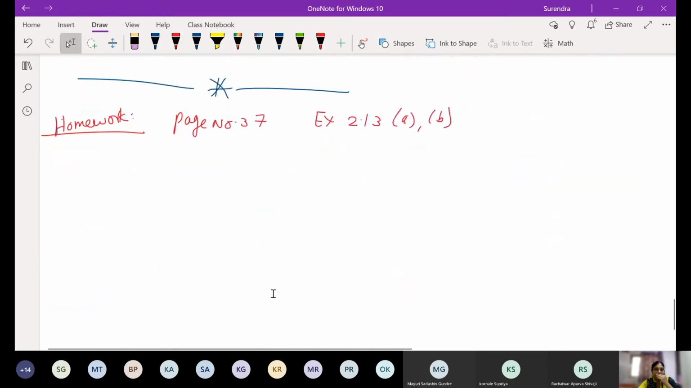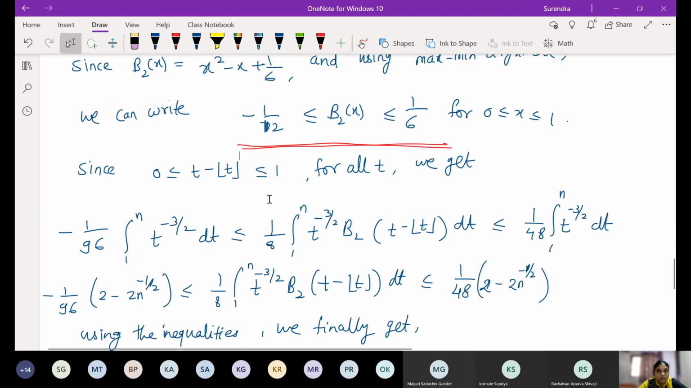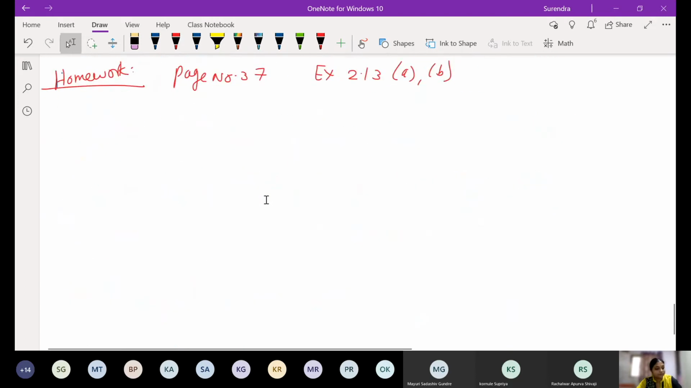Okay, so I will close this. And there is homework also based on this chapter. Only one exercise is remaining, 2.13 AB. So please do that. And we will start now. Next chapter,